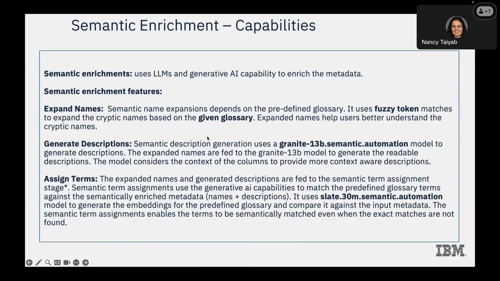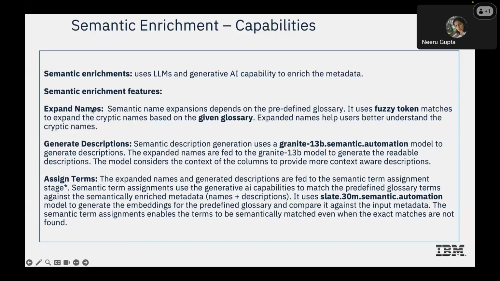Okay. Hi, everyone. So I'm going to give you an overview about the semantic layer and the semantic enrichment capabilities which we are bringing in IBM Knowledge Catalog. So as you know, IBM Knowledge Catalog or IKC, we have the ability to ingest metadata and then enrich metadata. With the semantic layer, we are now leveraging the large language models and the generative AI capabilities to enrich the metadata. So very briefly, the three different kinds of enrichments we will provide: